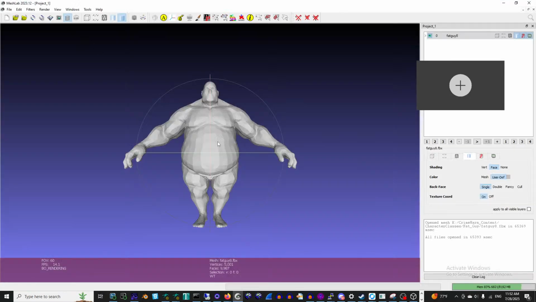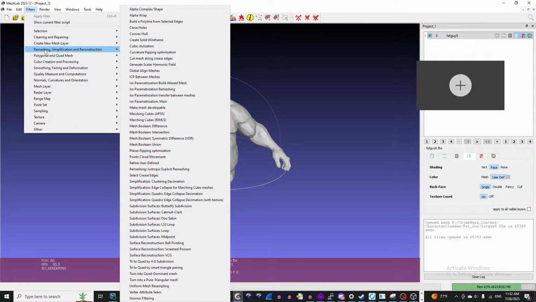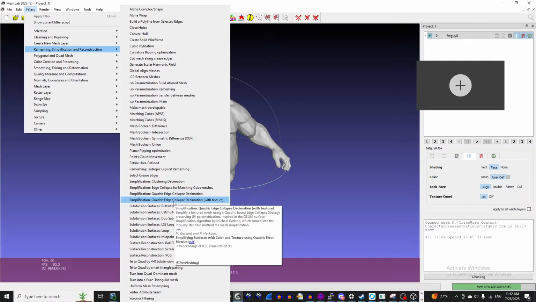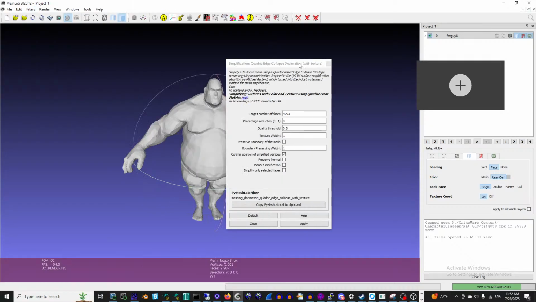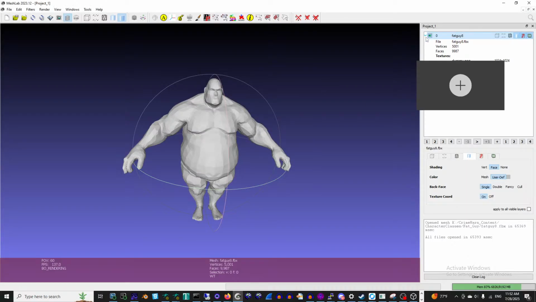So MeshLab, filters, remeshing, simplification, reconstruction. This is just a subcategory of what we need to do. Simplification, quadric edge collapse decimation with texture. So this has a texture. I don't see it though. We have to turn that on in order for this to work. Oh, it's like one of these buttons. Yeah, if I knew what button this was without messing it up, because I'll mess it up if I put too many buttons. Crap. But I know it's textured